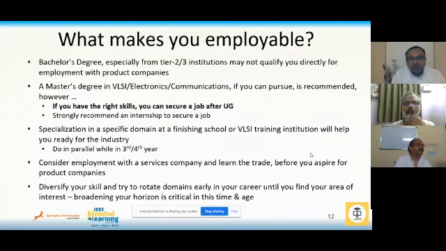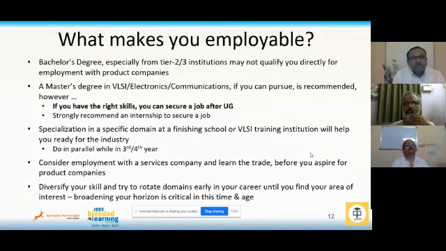So really, I'm sure a lot of the students are asking, hey, what makes me employable in the industry? So I'll be honest with you. A bachelor's degree, especially from the tier 2 and 3 institutions, may not qualify you directly for employment with the big product companies, but don't be disheartened. If you have an opportunity to pursue a master's degree in VLSI, electronics, communications or any of these areas, it is recommended. However, if you have the right skills, you can always secure a job after your undergraduation, and